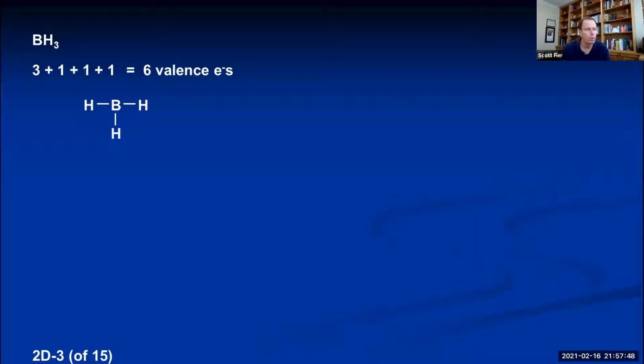Well, hydrogen never will achieve an octet because hydrogen's in the first row of the periodic table. Their outer shell is only the first energy level. All there is is a 1s orbital. How many electrons does it take to fill a 1s orbital? 2 electrons. So hydrogens will always have a complete outer shell when they have a bond to them because they're making a structure called a duet. Boron, however, is in the second row. We would have expected boron to create an octet, yet